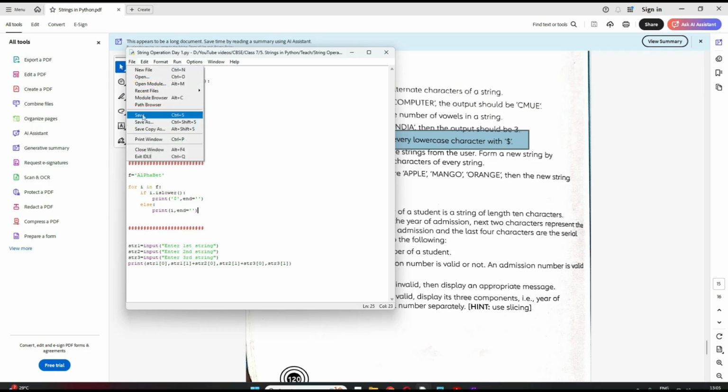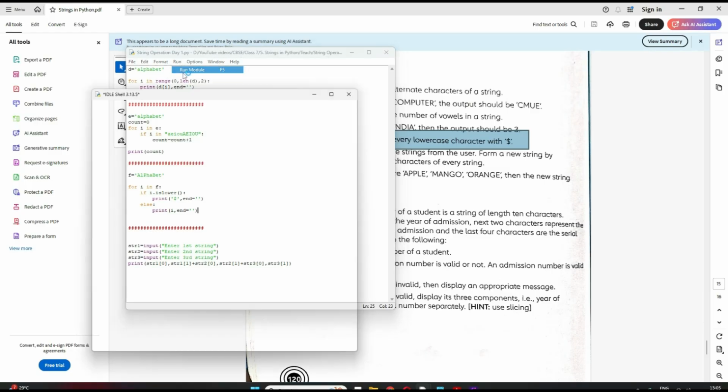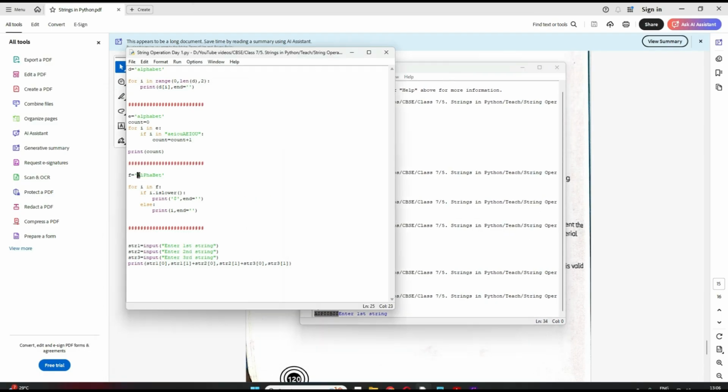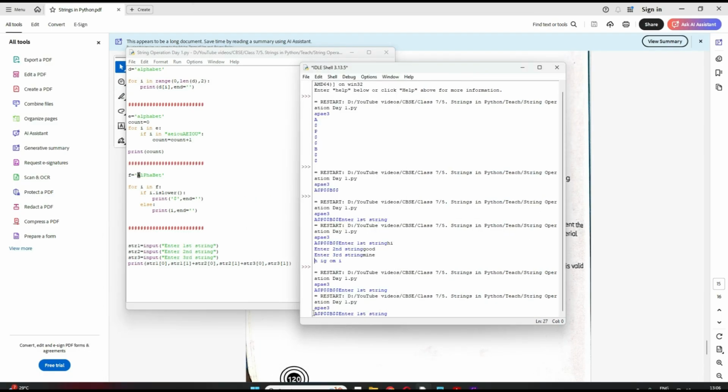Let's try to run and see. Yeah, see this one, just don't consider this. See this one. This was my string. So A is printed as it is. Then a dollar, then P, since it was capital, it is printed as it is. Then a dollar, dollar, then B was capital, so it was printed.